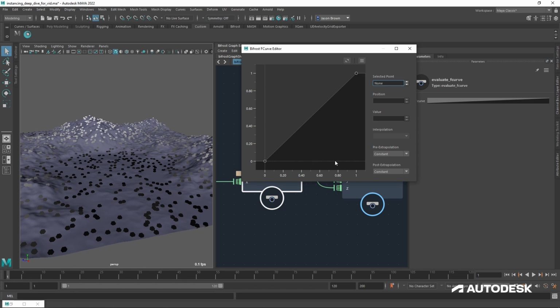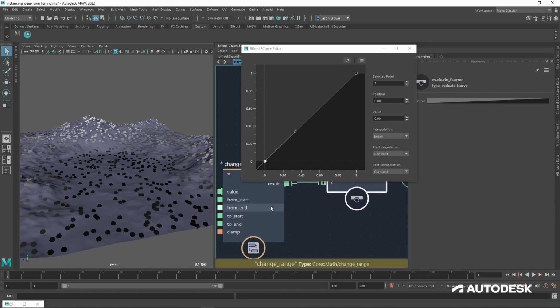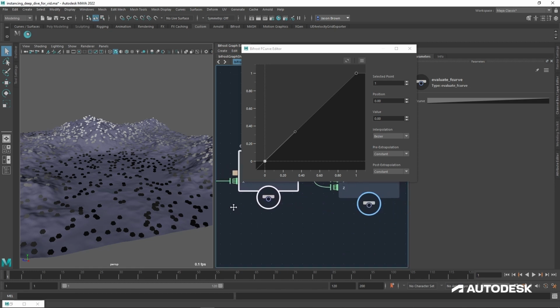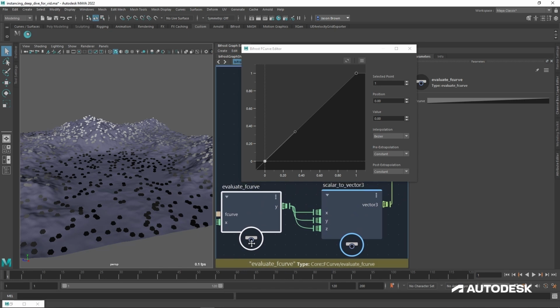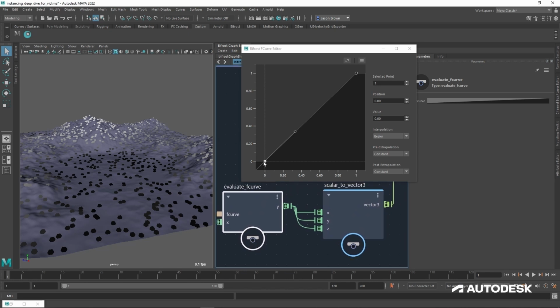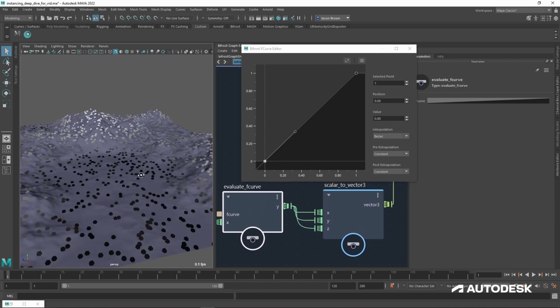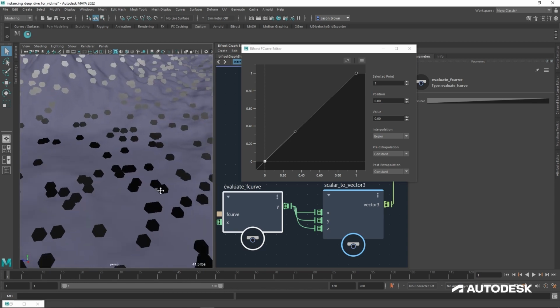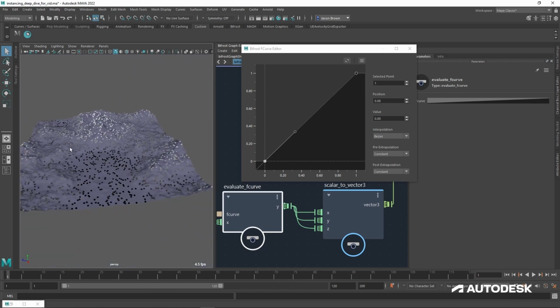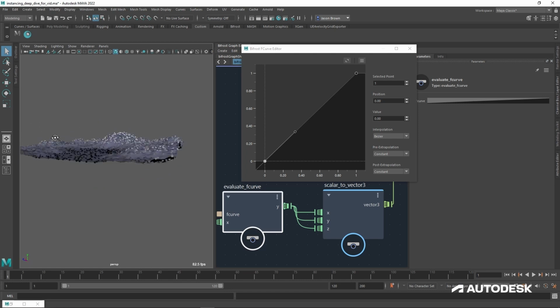The X is what's coming in. So at the moment, if something is coming in at 0, it is also going out at 0. What ends up being 0 after being remapped in this change range, which is the lowest point of our terrain, is coming in as a 0 and going out as a 0. So we'd have to go and find the blackest point in here, which is probably one of these, and that would be the lowest point on our plane.